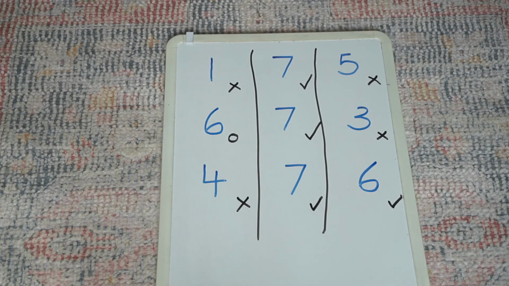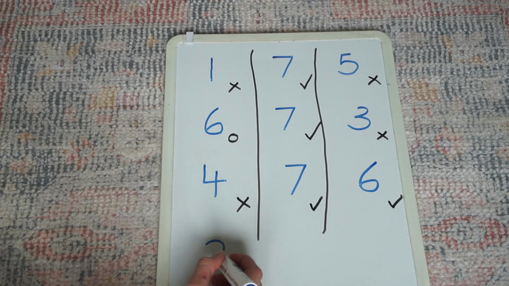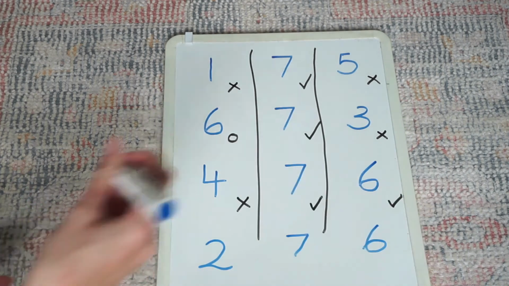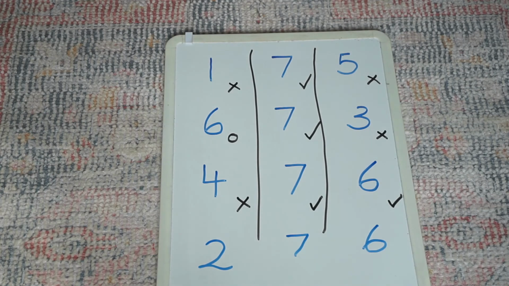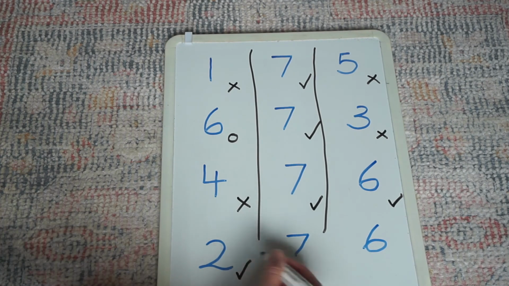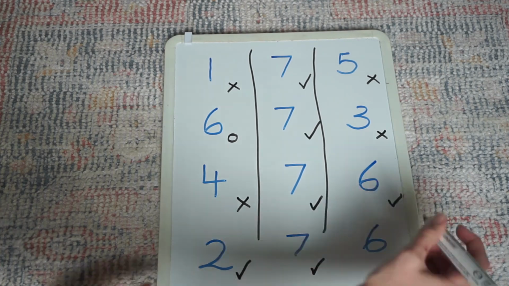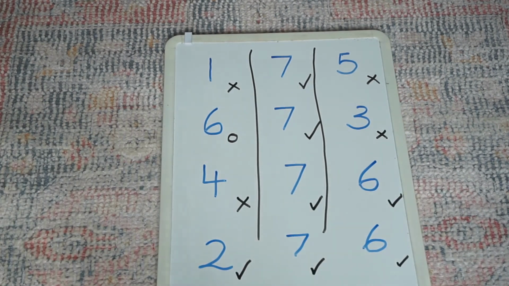Then I might go to another student and they might say 276. That's the most important part. It's really important that the student actually says the number out loud. And then this one, yes, look at that. I do have a 2 and it's in the right spot. Same with 7 and same as 6. So my number was